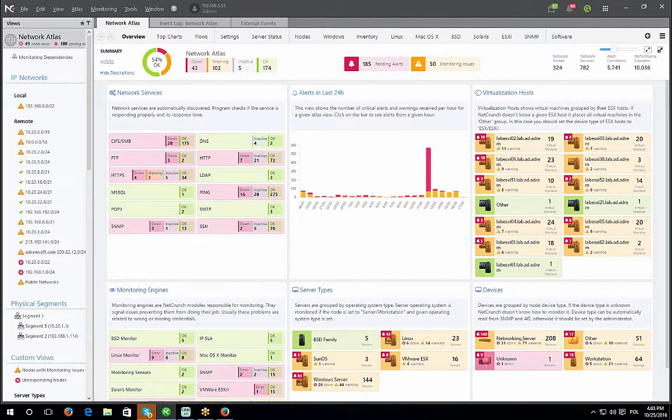My name is Michael from Adrim Software, and today I'm going to be showing you the newest release of NetCrunch version 9.3. NetCrunch is an all-in-one and agentless network, server, application, file, log, and web monitoring suite, and everything is